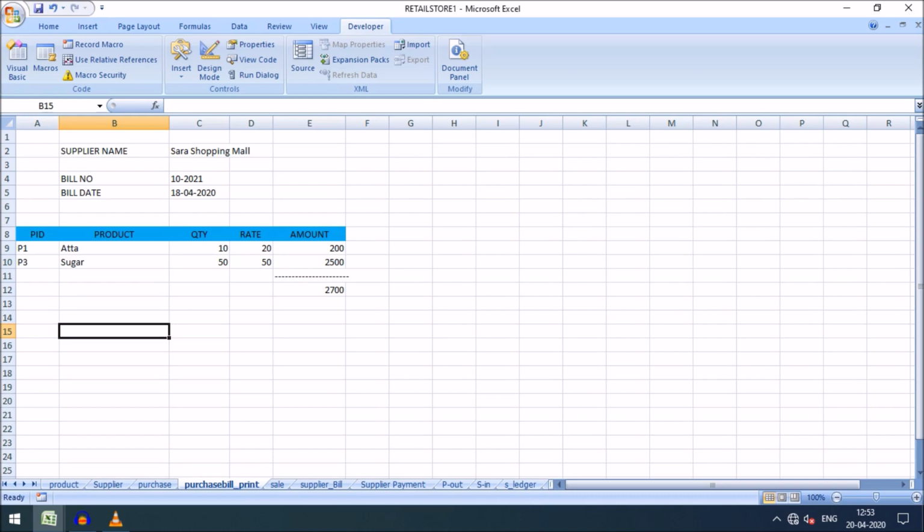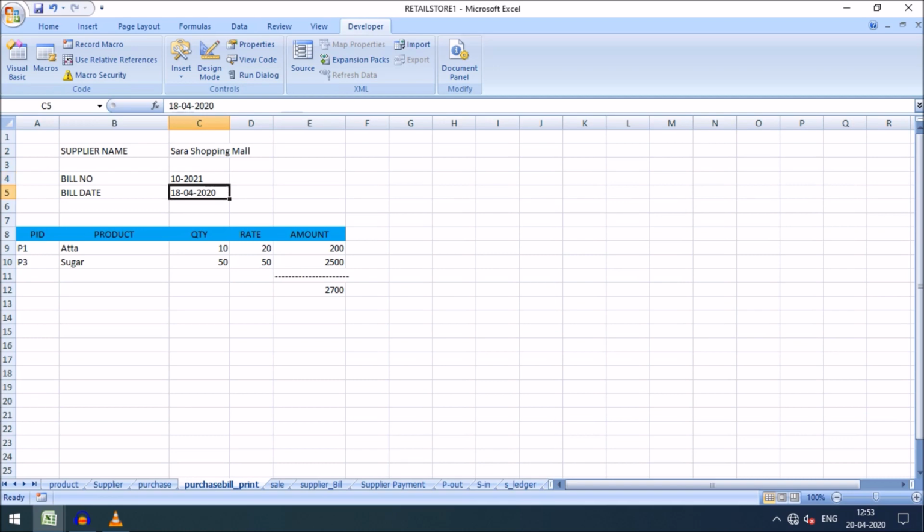I bought these products from the suppliers, and the bill generated by the supplier looks something like this. You can see 2 items were bought and the total amount is 2700, and you can see the bill number and the bill date also.